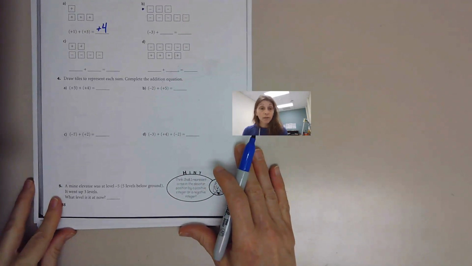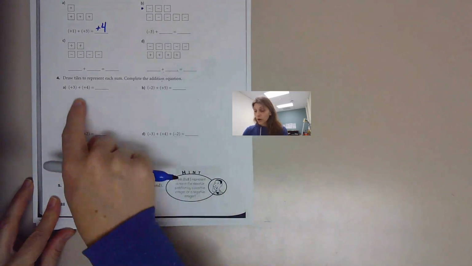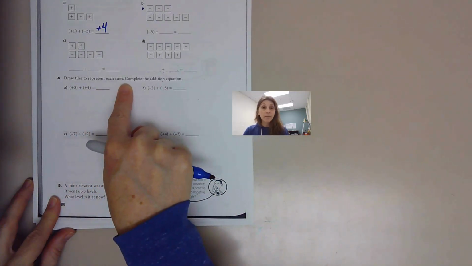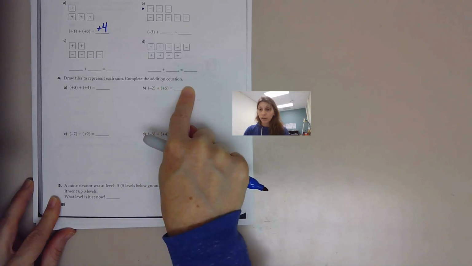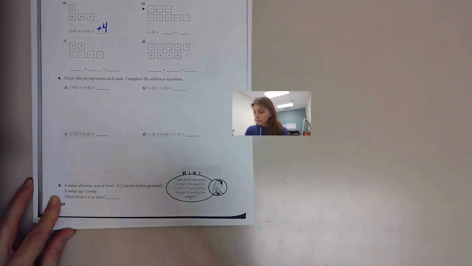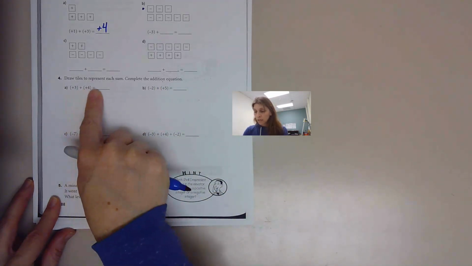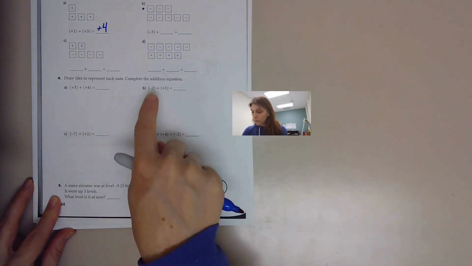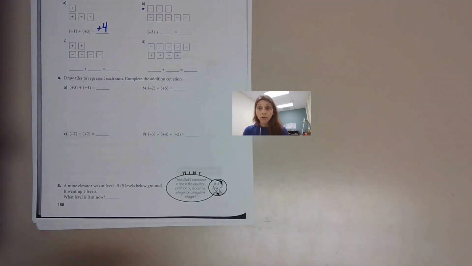Number 4, draw tiles to represent each sum. Complete the addition equation. All right, so we have these sums. I'm not going to do that one with you. I will do B, and then you will do all the rest on your own. All right, B,